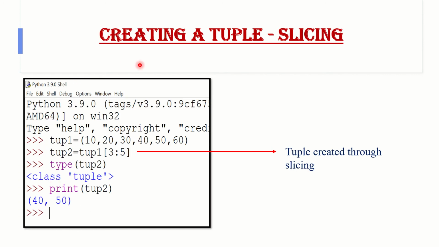I can also create a tuple using slicing like we have in the case of lists. So if I take a tuple tup1 as 10, 20, 30, 40, 50, 60, and I take tup2 as tup1 sliced 3 to 5. So the starting point is 3. So this will be 40. 0, 1, 2, 3. So this is 40. This will go up till 60 because 60 is index position 5, but the last index position is never included. So only 40 and 50 will be included in tup2. So now if you print tup2, the two elements are printed.